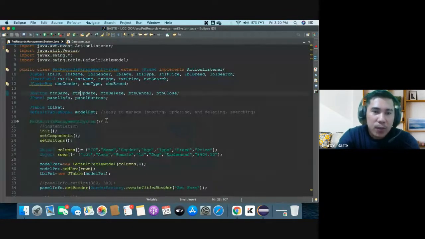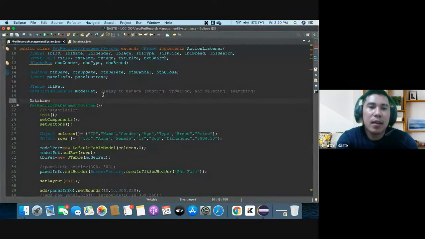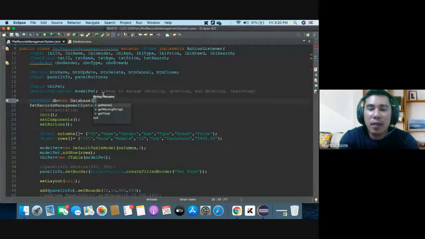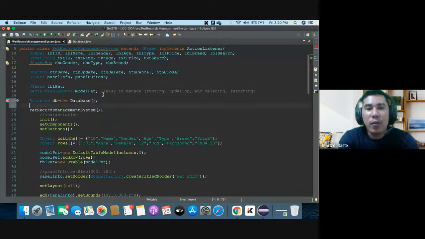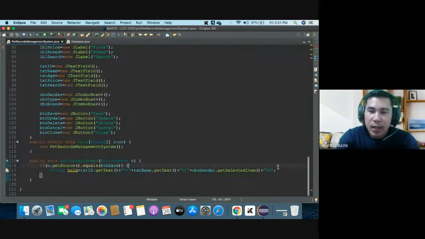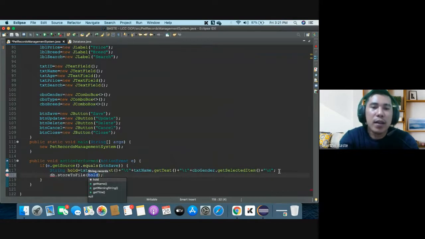Okay, so now I'm going to instantiate here database. So let's say d or db equals new the name of my database. So as you can see, I can set or assign whatever I would like to do. So pwede na I would assign this automatically. This is pet.txt. So if I'm going to call this like right here, so db.storeToTextFile. So I have here the hold, and then so let's say I'm going to run the program now, and